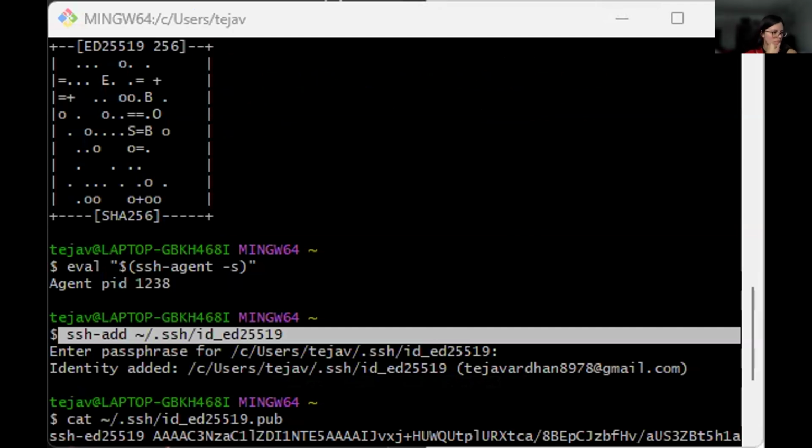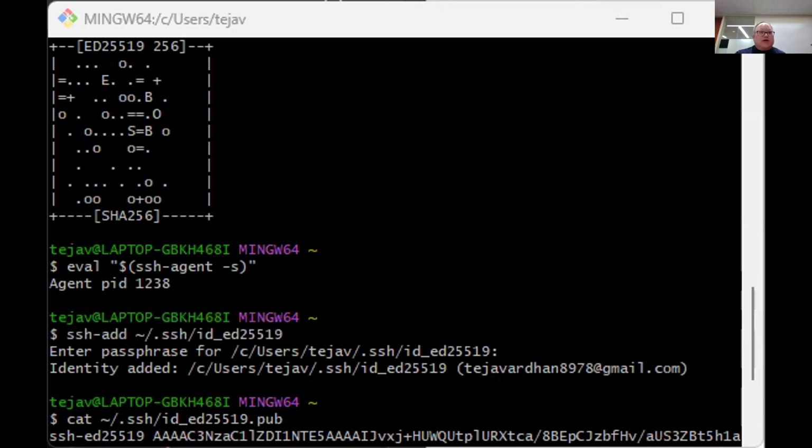Maybe I missed a step somewhere because it doesn't like the term eval. I think that's only for Linux. You're using Windows, so it's not gonna work. Okay, do you have WSL installed, TJ? What's that? Do you have WSL installed? Maybe that's why it's functioning. Yeah, he's running, is it main? Yeah, it's running.